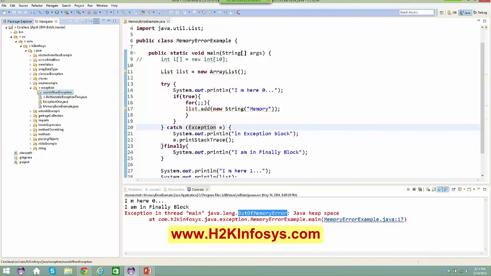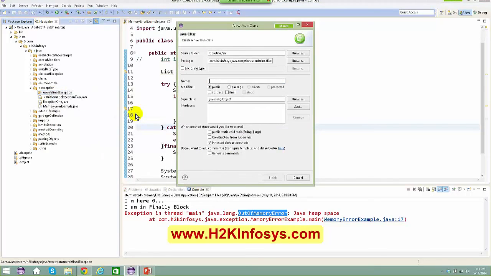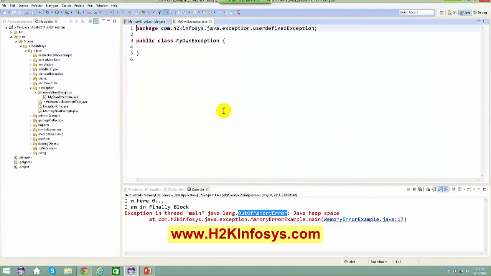Now, for the user defined exception, I create a class, let's say my own exception, and say finish, which is going to extend Exception. So it also should come under a particular hierarchy. If you do not keep that under a particular hierarchy, there is no point in calling it in a catch block. Now here, let's say I'm going to say public,